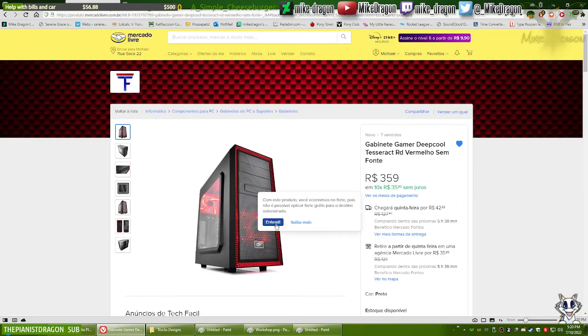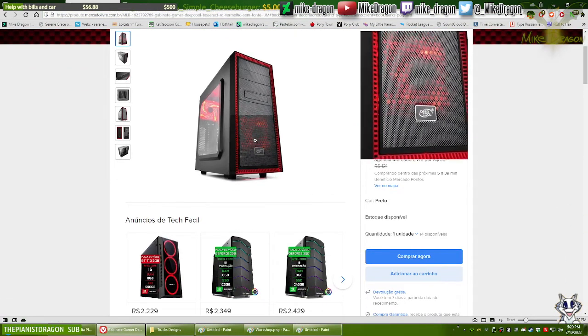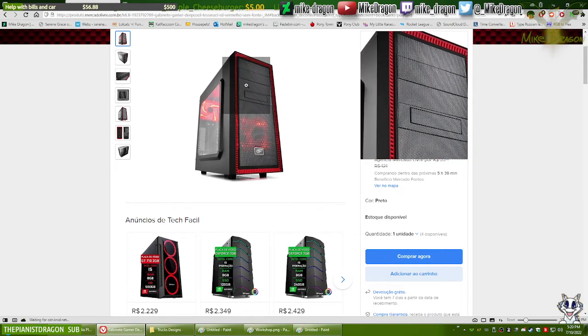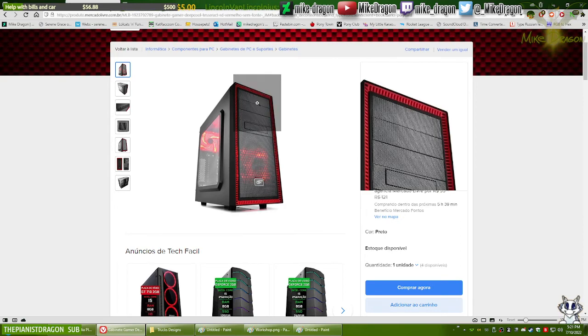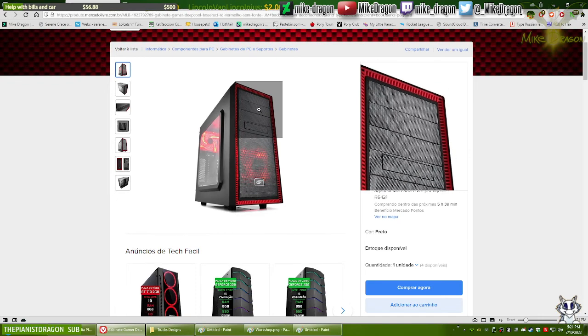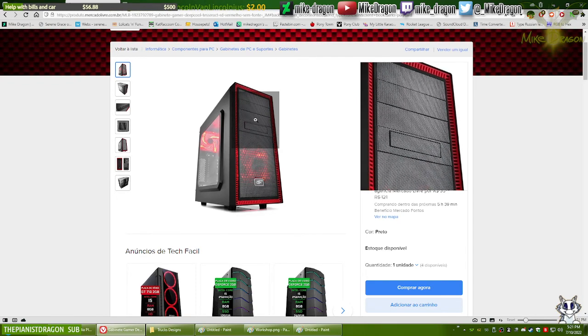This case. This case is awesome. It has everything. It's super practical, super spacious, super good for ventilation, airflow. I mean, it has 3 1/4 bays. It has a bay for a floppy drive if you fancy installing one there, or just one of those internal card readers or whatever else goes in there.